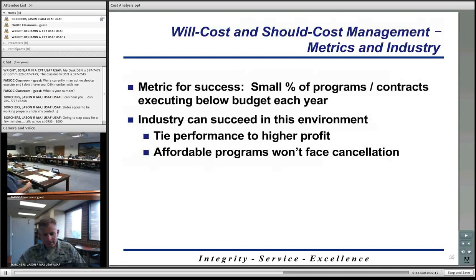I kind of touched on this, but what are the metrics of success when we're talking should cost? Well, you may think it's large, that we have to save a lot of money in order for should cost to be successful. But essentially, even the smallest percentage of programs or contracts executing below their budget each year counts. If we just have a little bit of savings over what it costs to achieve those savings, should cost is deemed a success. And that's the entire reason should cost is put in place